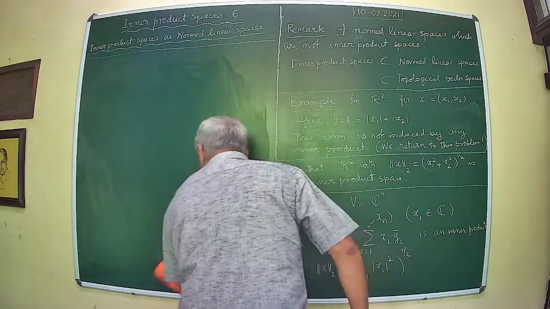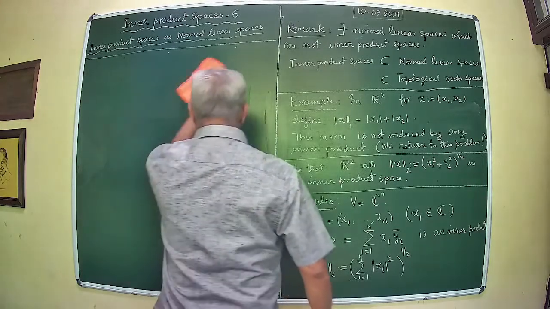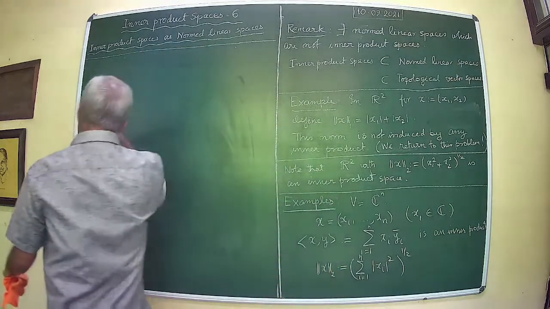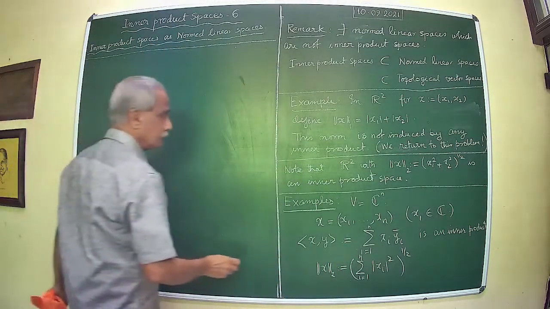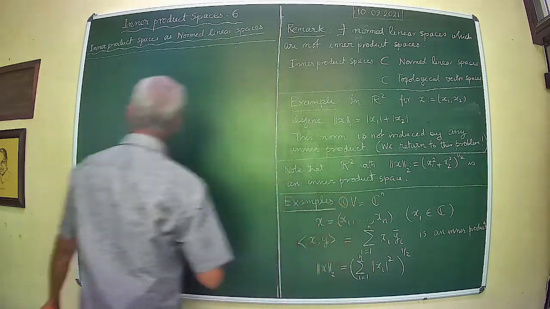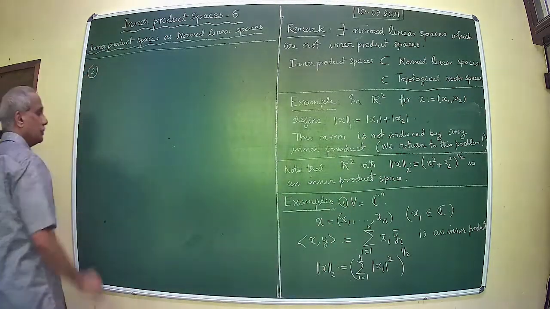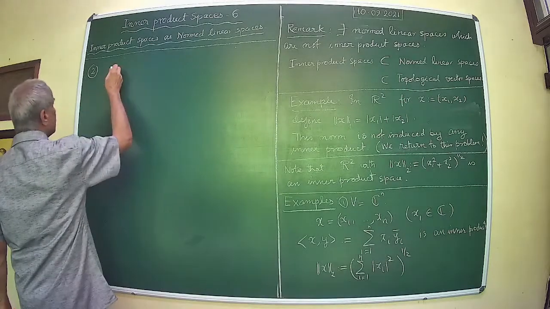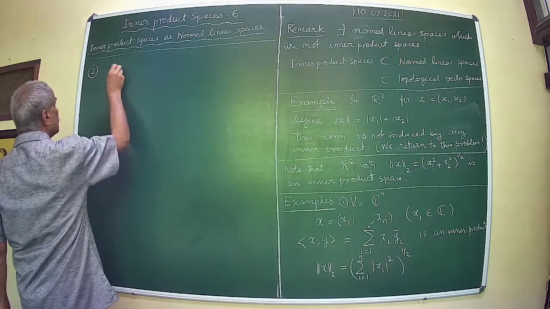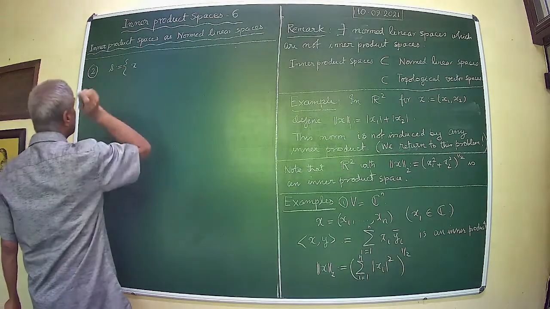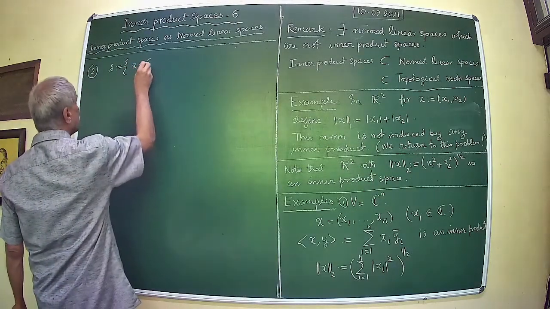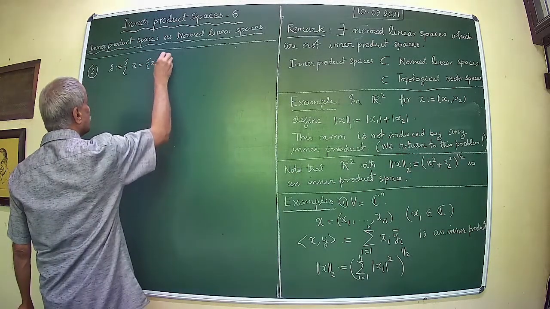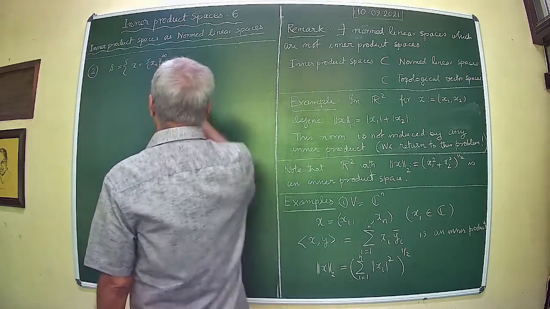Now on polynomials, suppose you take polynomials over C. Can take sequences Xn such that